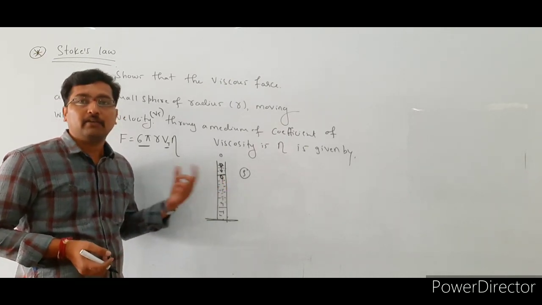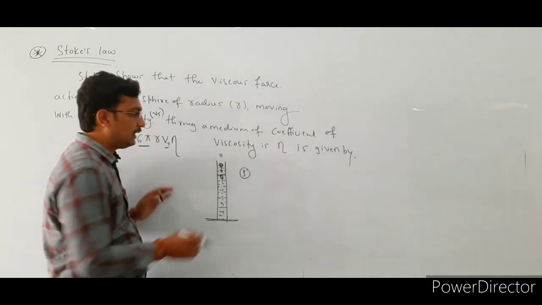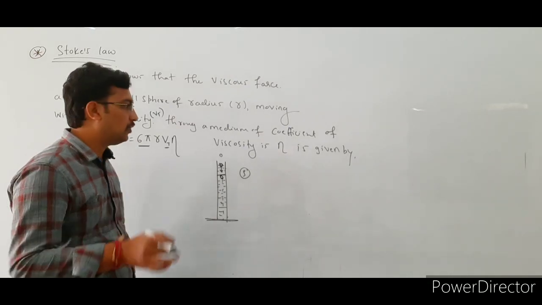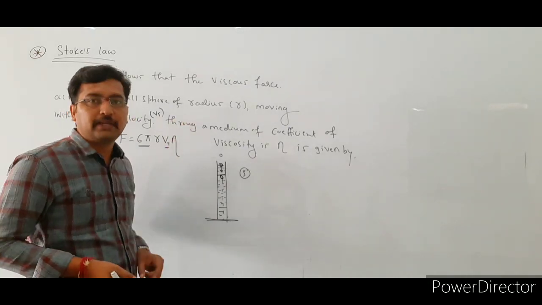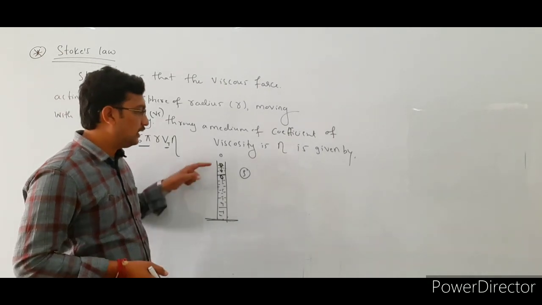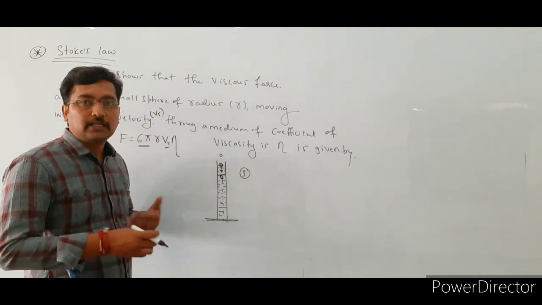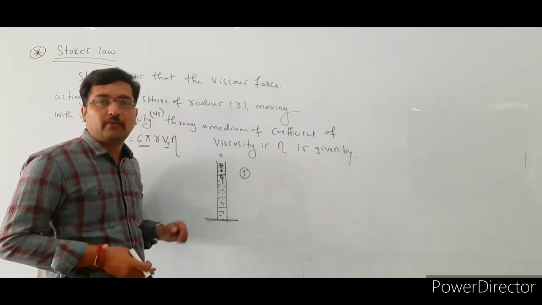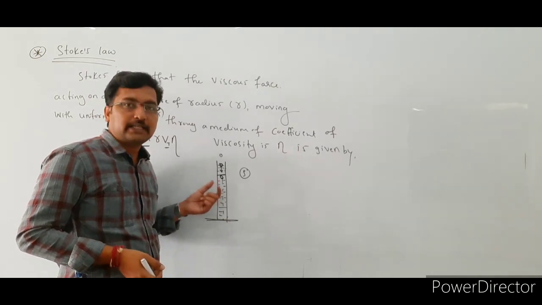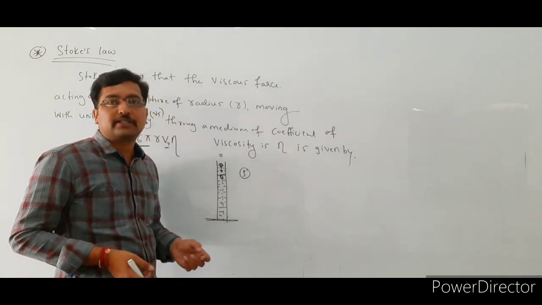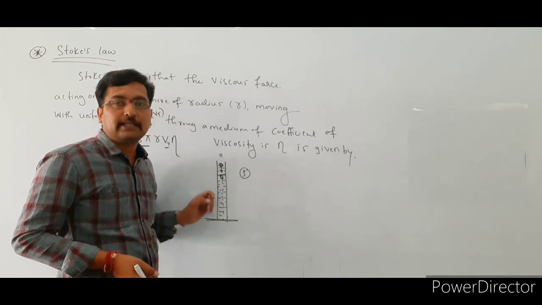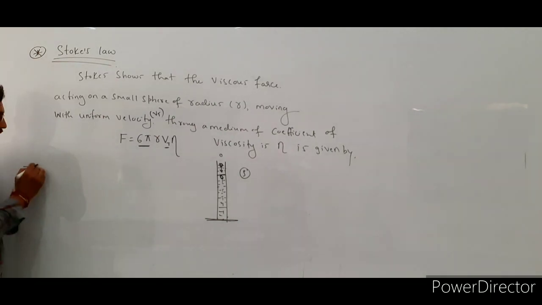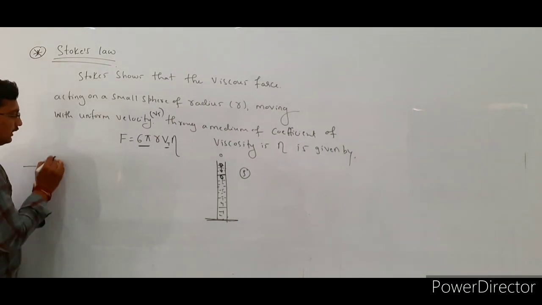See here, in this case we consider a cylinder, and that cylinder is filled with some liquid of a density. Afterwards we drop a small sphere of radius r. Initially that sphere is moving with the maximum speed, thereafter it is moving with a uniform velocity, or it attains the terminal velocity. When the viscous force is balanced by the apparent weight of this body, then this body attains the terminal velocity. Then next we are going to find out the apparent weight of the body.